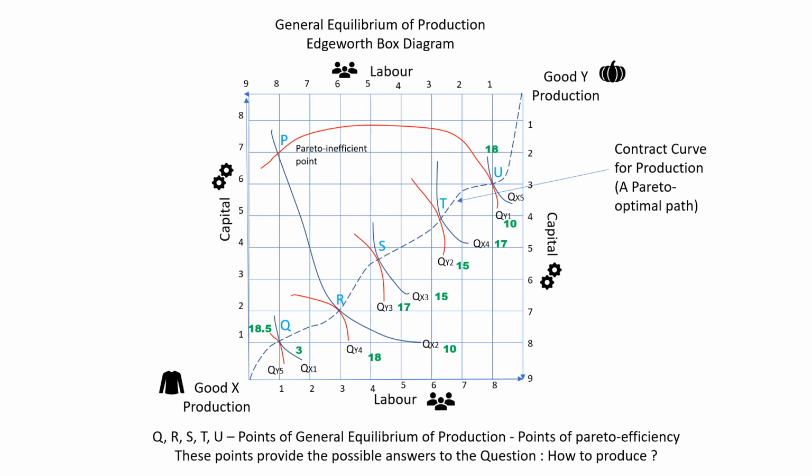In other words, we'll have to make greater and greater sacrifices of food in order to make larger and larger amounts of clothing, because as you transfer labor from food to clothing, it becomes less and less efficient. So these combinations of the different possible outputs of clothing and food that are on the contract curve of production can be represented in the form of a production possibility curve, which we shall be looking at now.